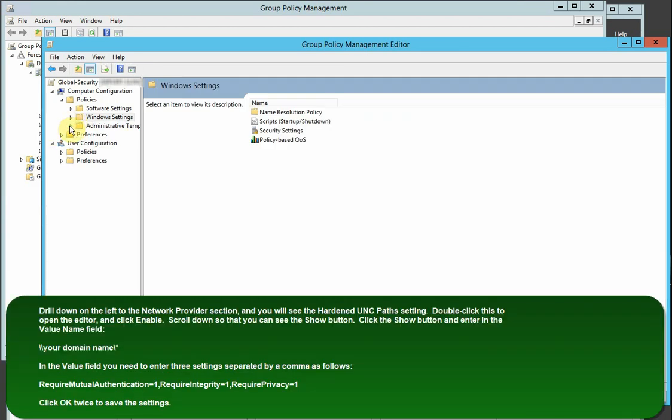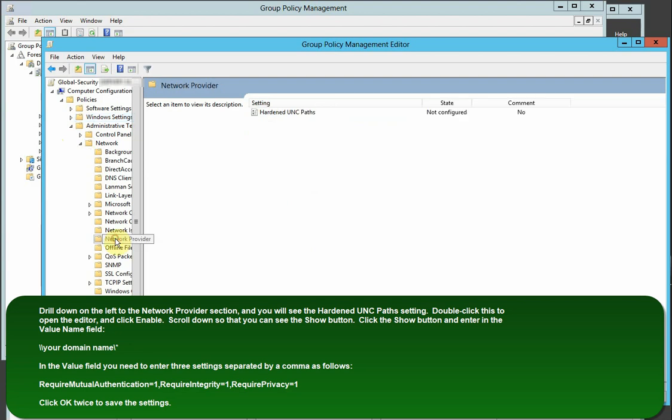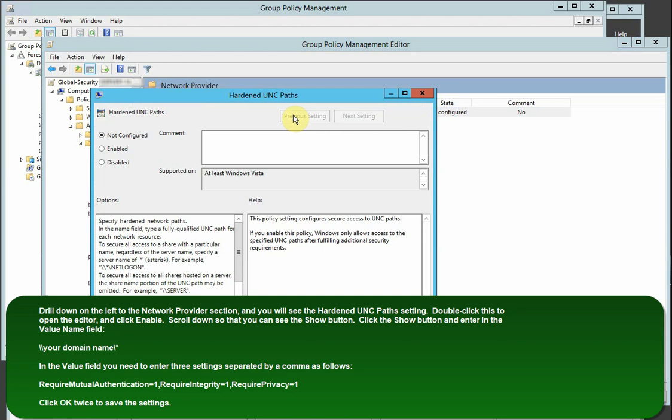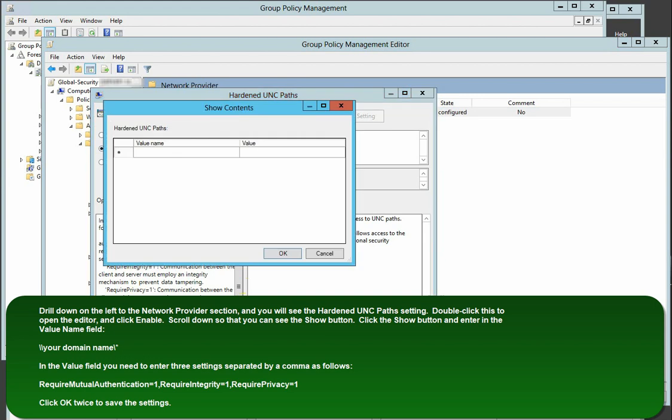Drill down on the left to the Network Provider section, and you will see the Hardened UNC Path setting. Double-click this to open the editor and click Enable. Scroll down so that you can see the Show button. Click the Show button and enter in the value name field, / your domain name, /